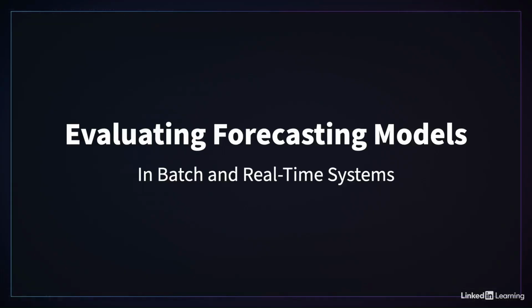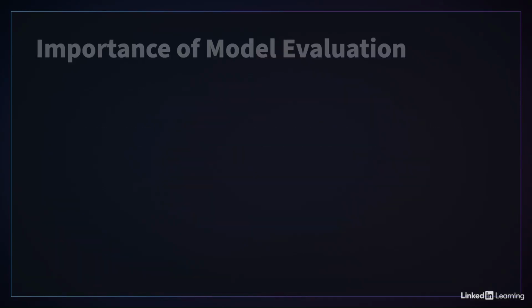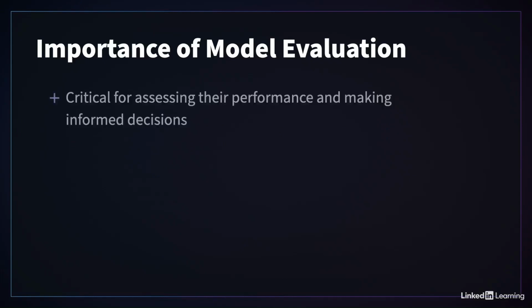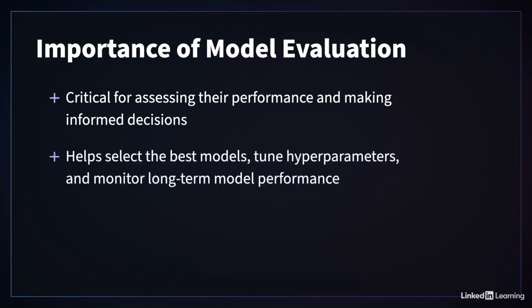batch or real-time data. This final chapter will help you understand why continuous model evaluation is important and introduce you to the different strategies and metrics tailored for each system type. Model evaluation plays a vital role in assessing the performance of forecasting models and making informed decisions. It helps in selecting the best models, tuning hyperparameters, and monitoring model performance over time. It's important to note that batch and real-time forecasting systems require quite different evaluation strategies to effectively assess and maintain